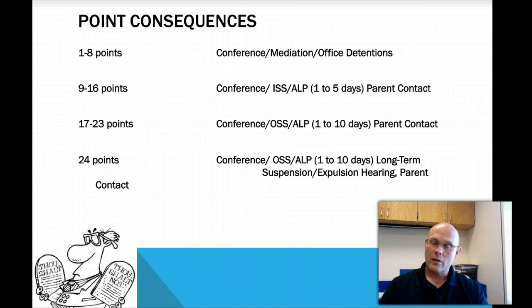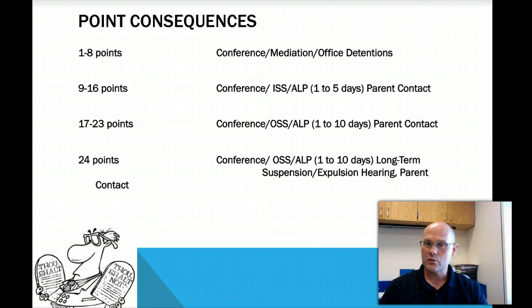But with that, here are the point consequences. 1 through 8 is a conference, mediation, or office detention. 9 through 16 can have a conference, in-school suspension, ALP, which is the alternate learning plan, which is a placement office school property. 17 through 23 points is a conference, possible OSS, out of school suspension, ALP, and/or a parent contact. And the last, which we have very few of, is where you reach 24 points,